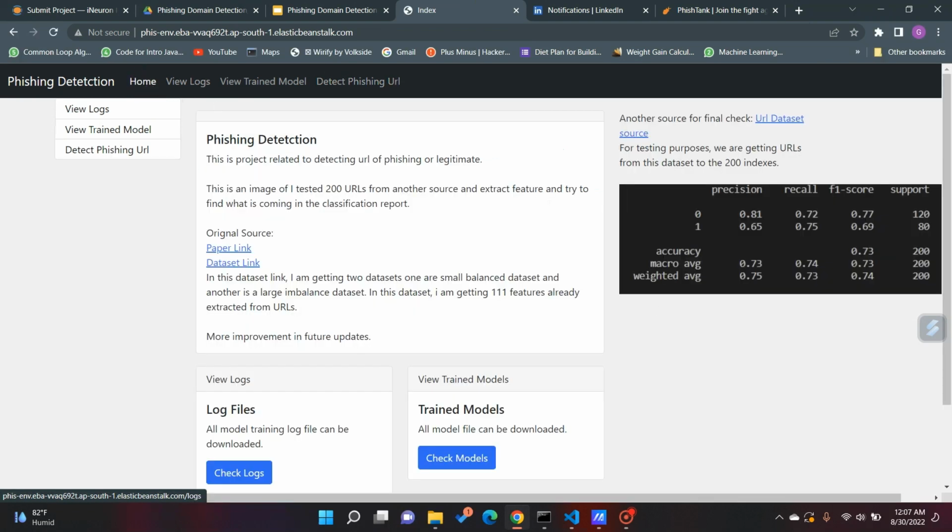And now I will tell you that I will test a dataset from another source, Kaggle. There we are also getting so many URLs. There we will take only 200 indexes, and we get the classification accuracy. What is the precision or recall? Here we will find it in this image. We are approximately getting 73% accuracy. It's a good result,